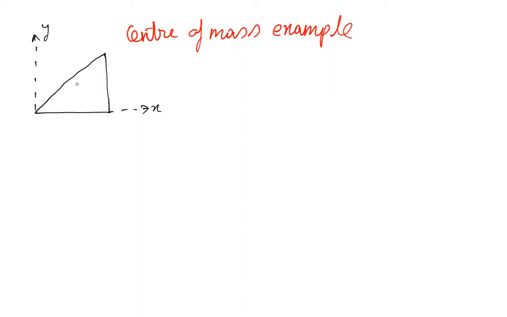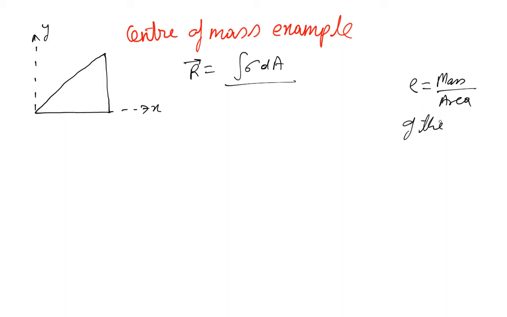and we have to find the center of mass of this object, and we know it should be somewhere in the meat of the triangle, and it's a two-dimensional problem. Okay, now we know that center of mass R is given as integral of rho, well, sigma, because sigma is the area density, or sigma is defined as mass divided by area of the object. In this case it's the triangle,